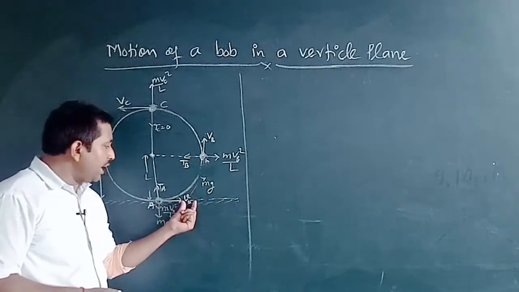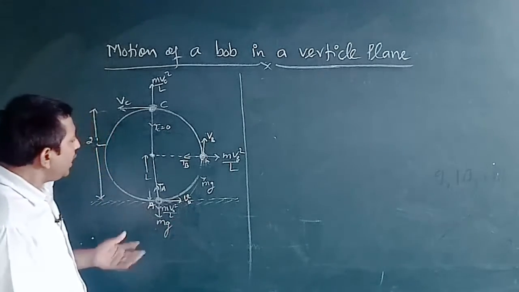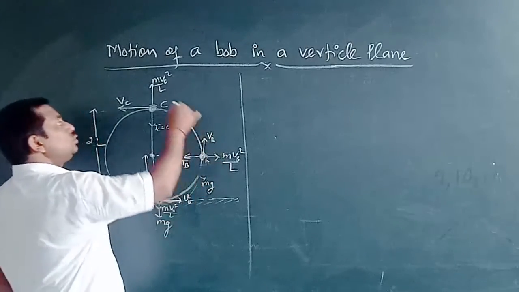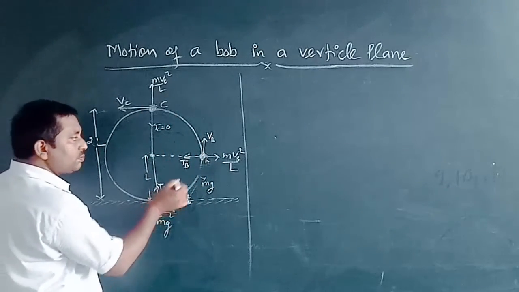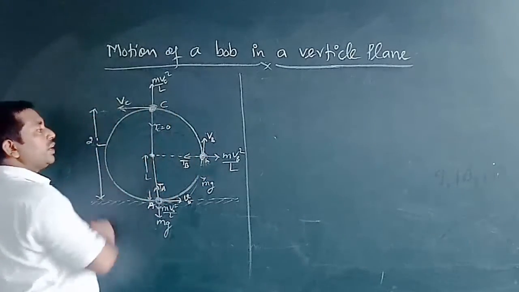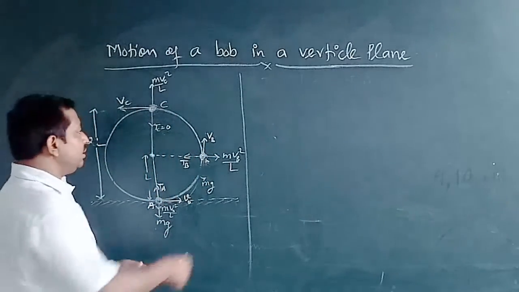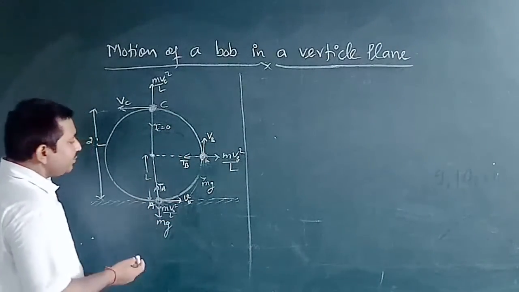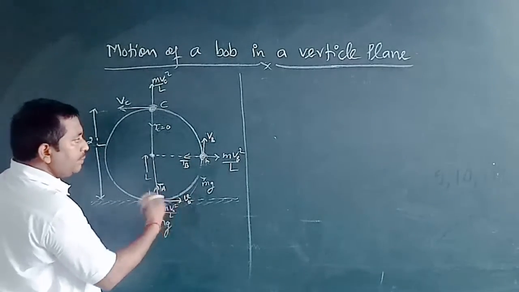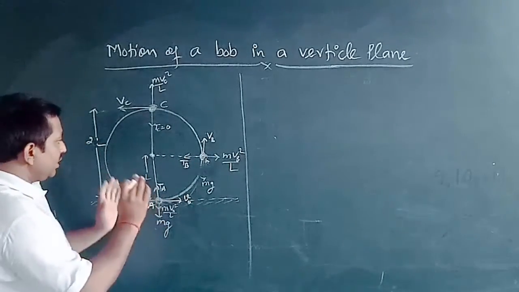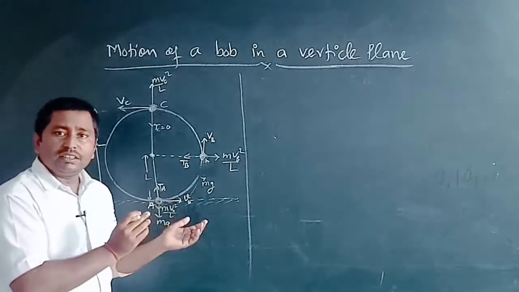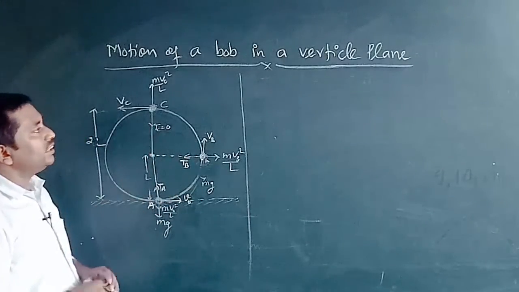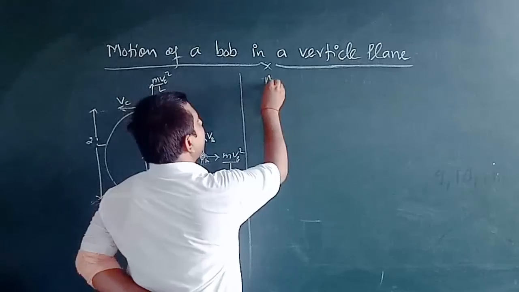After calculation we find a formula for this. If the bob is going from position A via B to C, then what will be the velocity of the bob at point B, and also at point C? This can also be calculated with the help of the concept of energy and force, that is Newton's second law. If we apply the energy consideration and Newton's second law at the different points A, B and C, then we will obtain the following.